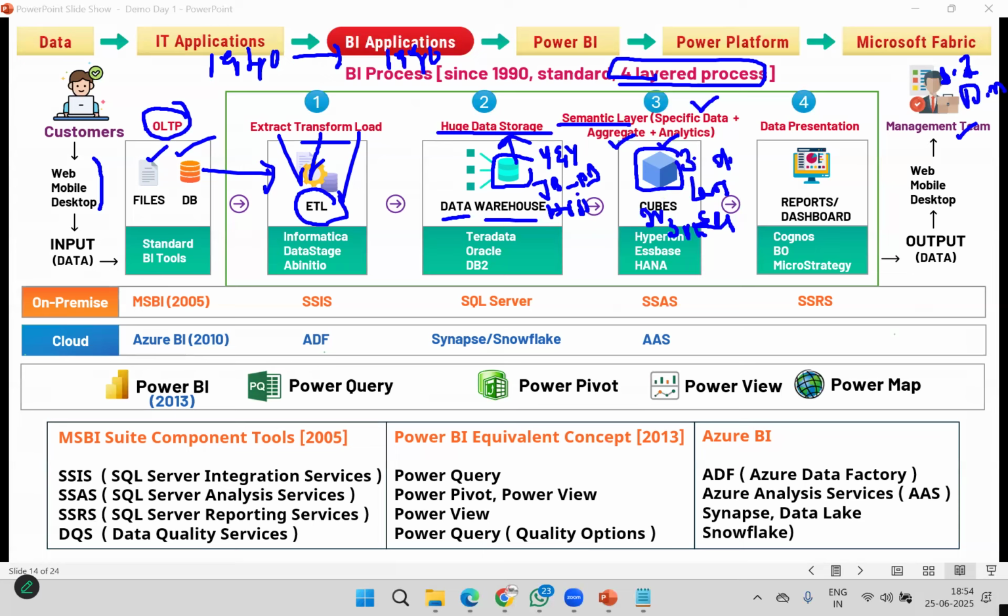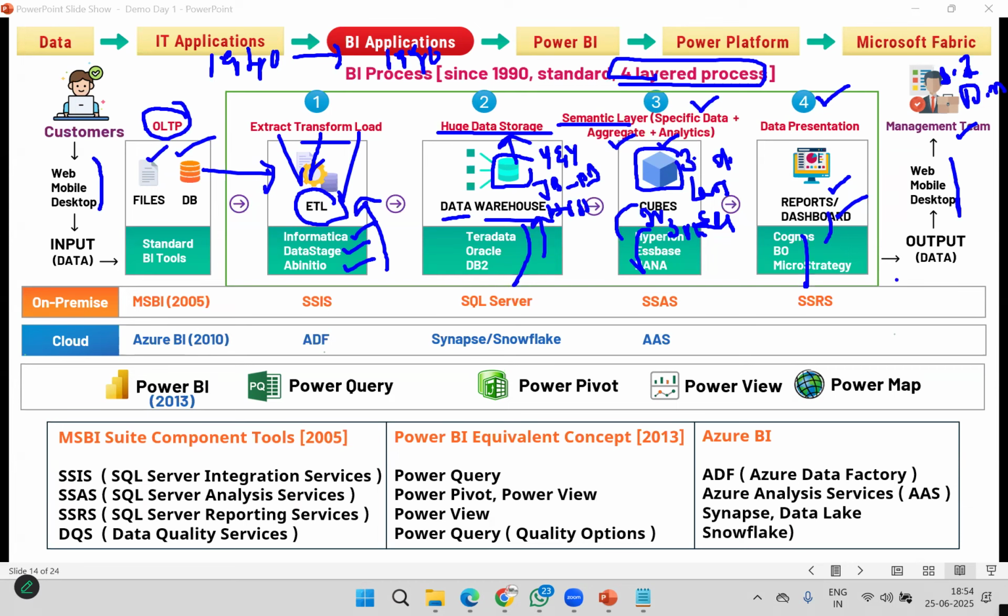This is to simplify our analytical process. Remember, simplify. Here, complete data is available, more data; here, the required data we take. And finally, we present to the data presentation layer, in the form of reports and dashboards. The management team uses reports and dashboards on multiple platforms for analysis. So these are the 4 layers suggested by the scientists in the 90s, and companies also provided respective components. Informatica, DataStage, these kinds of components were issued for this area, and these databases for storage, these tools for these operations.